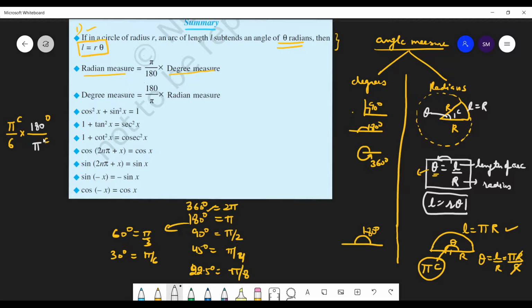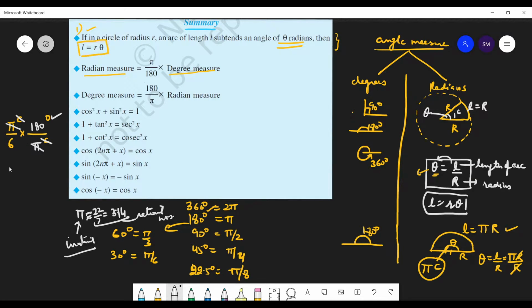Is this clear? Now see, this radian will cancel out. It means now the answer will be in degrees. Is this clear? So students, this is a very important concept. And now pi will cancel out. See, what is this pi? Pi is nothing but we take its value as 22 by 7 and 3.14. So these are the approximate values, right? Pi is an irrational number, whereas 22 by 7 and 3.14 are rational numbers. But still we take the approximate value of pi as 22 by 7 or 3.14, right?